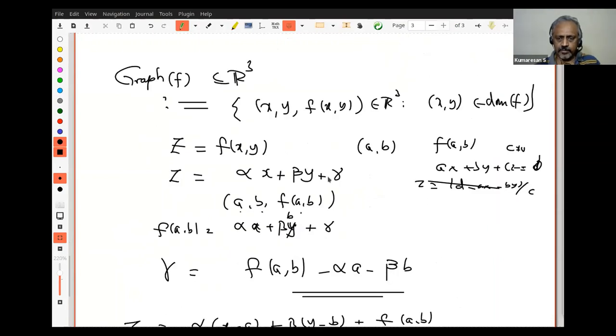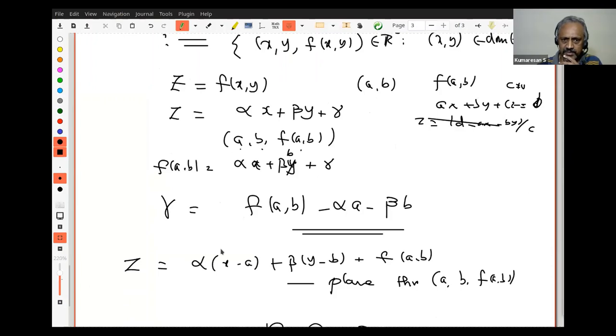You should tell me if you want me to move up or down on the screen. So the graph is this, it's a subset. The graph is given by this equation, and I am looking for a tangent plane given by the equation z = αx + βy + γ. It should pass through the point (a, b, f(a, b)). Therefore I am trying to find what γ is. Substituting the value of this, I found γ should be this. So if there is a plane which passes through this point, then γ must be this.